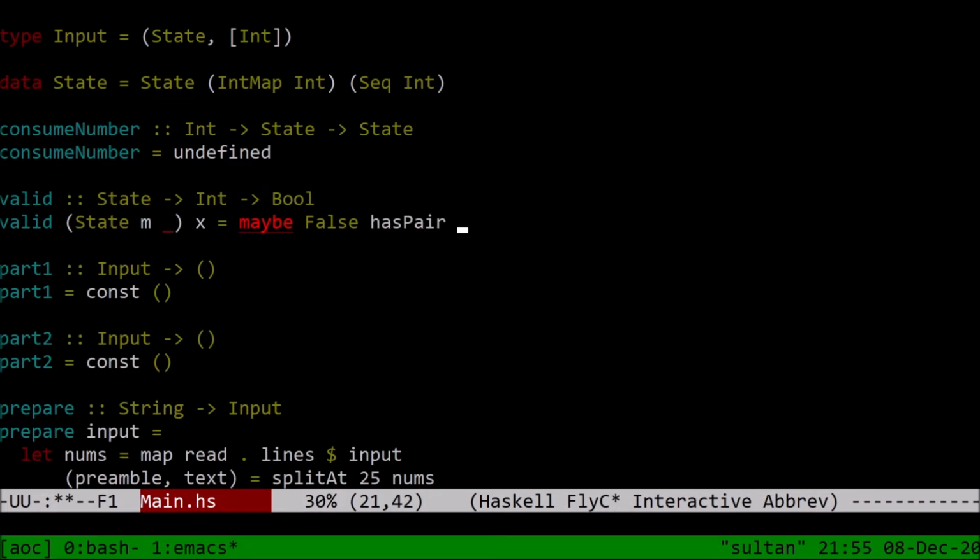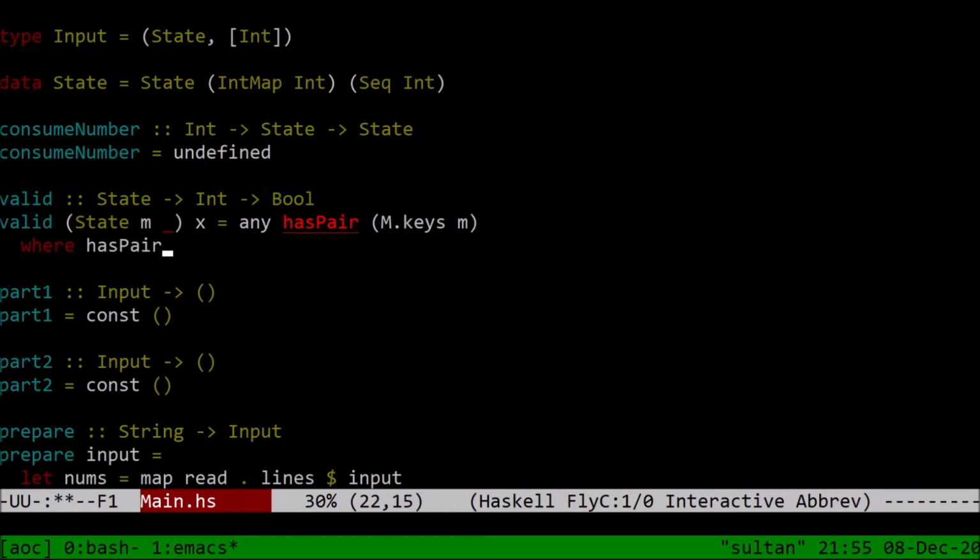Has pair of... No, this is still wrong. I don't need to look up the current entry at all. I need to any pairs with X. Well, X is in scope. I can just say any has pair of m dot keys X M,